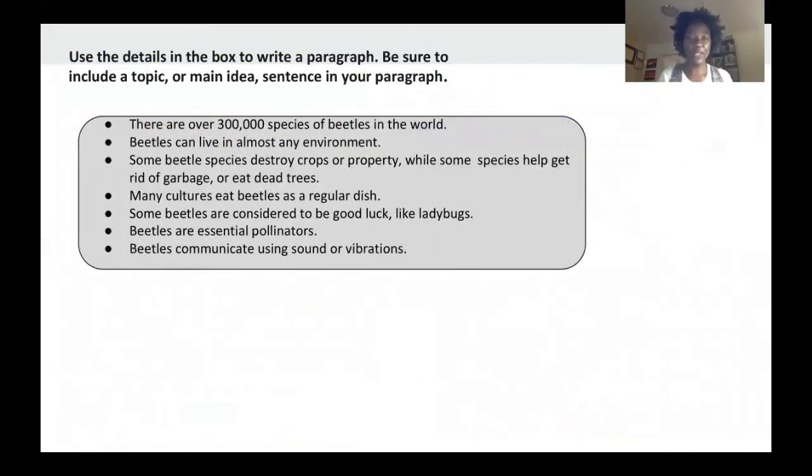On our screen, boys and girls, we're given another text, but this time we're given the supporting details and we're asked to write our paragraph. And within this paragraph, we should include a topic or main idea sentence. Remember, your topic sentence or your main idea sentence can be found anywhere throughout the text, the beginning, the middle, or the ending. You decide where you want to put your main idea sentence. Let's read through